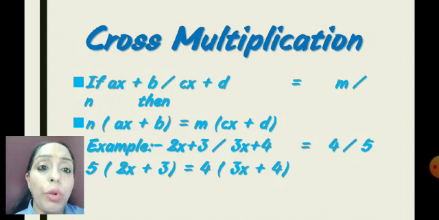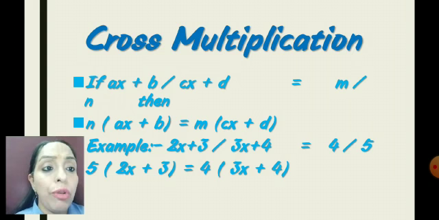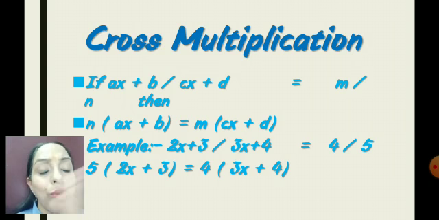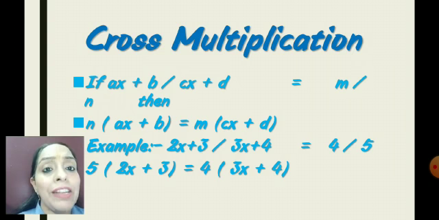On the left hand side, what do we have written? 10x plus 15, that is equal to 4 multiplying with 3x plus 4. So 4 threes are 12x plus 4 fours are 16. So 12x plus 16 on the right hand side. Again, with the transposing method, we can transpose the variables to one side and the constants to the other side, and then we will find the value of x, that is the solution and root of the linear equation.